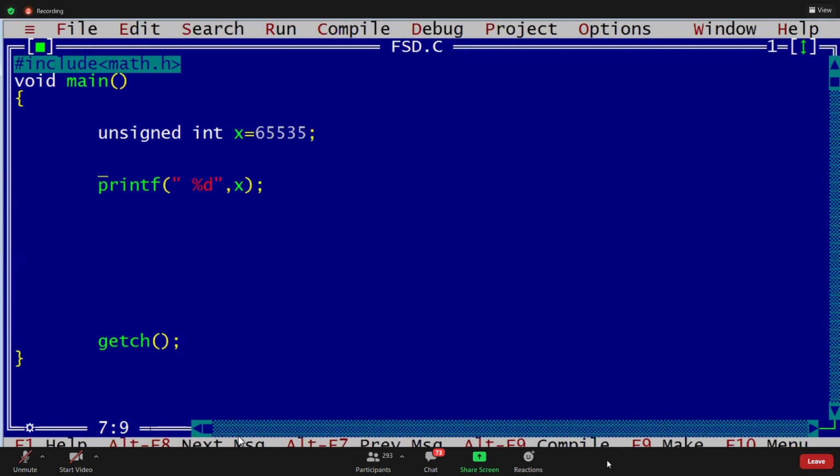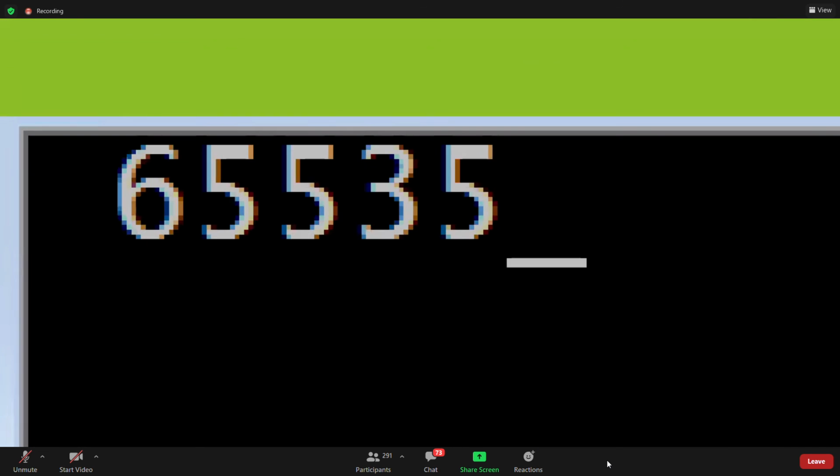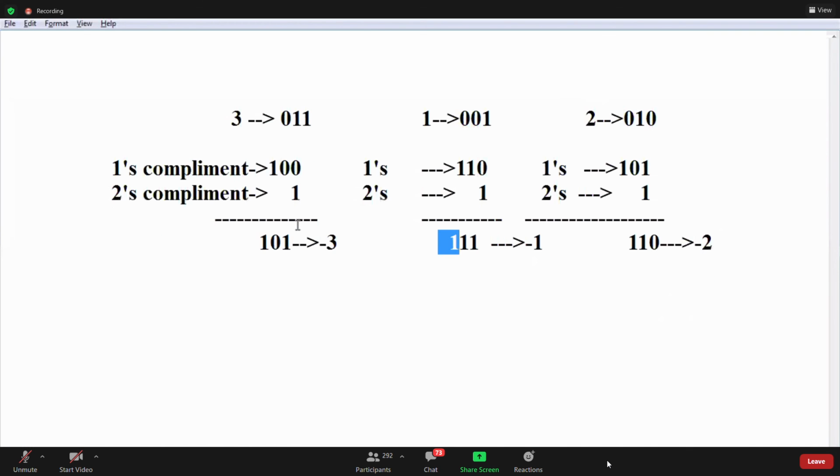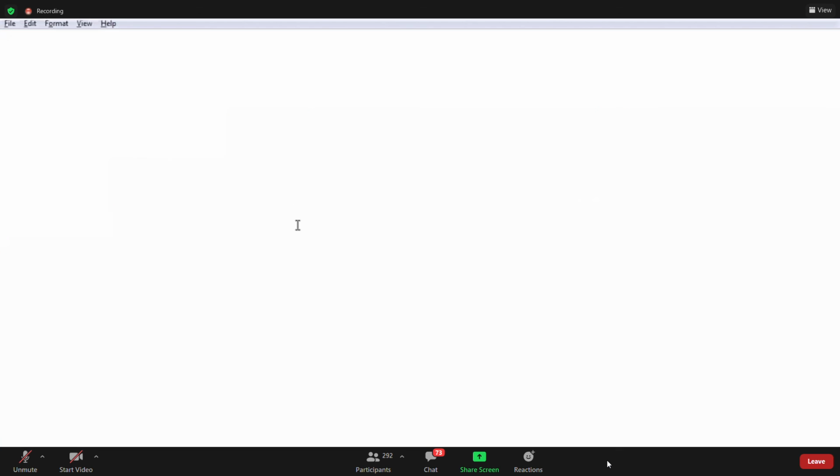X is 65,535. Now, not percentile x, percentile u. We have to give percentile u. Once I execute, then 65,535 it is giving. What is the next value if you give? 36. What is 36? Is there a range? No, 36 is not there in that range.